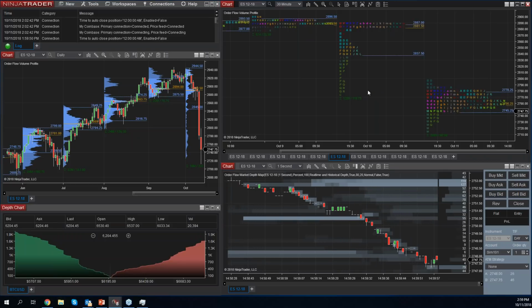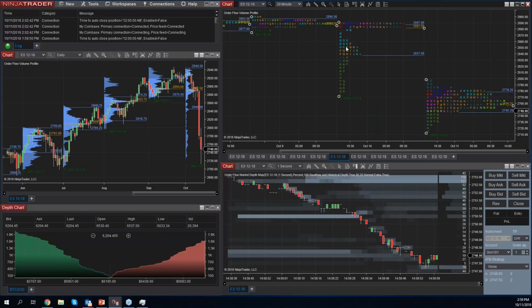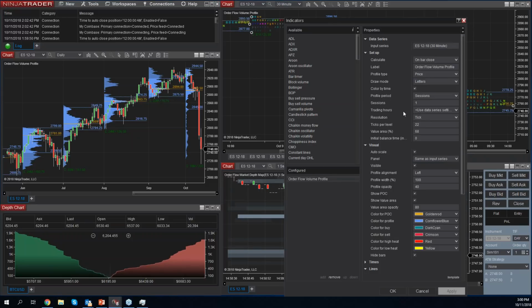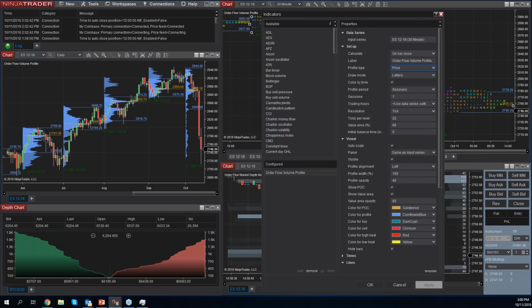This is a price mode profile. So this is actually a change in this third setting here, which is called profile type. I now am no longer showing you ways to plot a volume profile. I'm actually plotting a price profile right now, which shows you a different set of data. A point of control of a price profile will not necessarily be the point of control of a volume profile. The two profiles are not necessarily the same. And the reason for that is a price profile